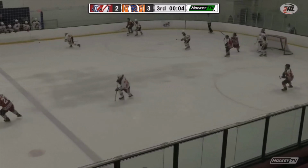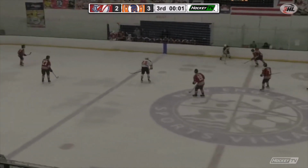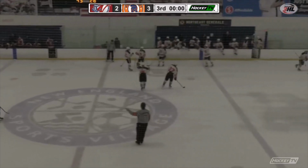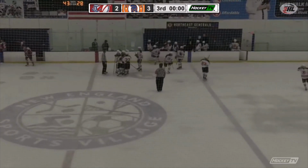Begic far side. Taken by Feinberg. Phil Feinberg fans on the empty net shot from the red line. Just backhands it in the air. And he scores! The goal counts. And the